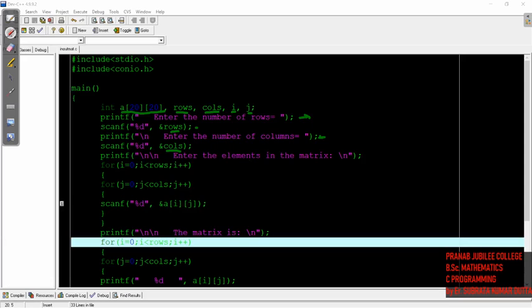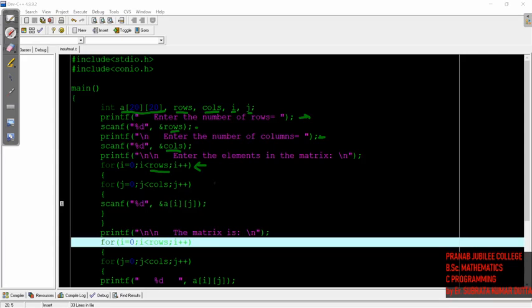Now for entering the elements in the matrix, we will have to run two loops, with two counter variables. The first one is i, and it will indicate the row number.